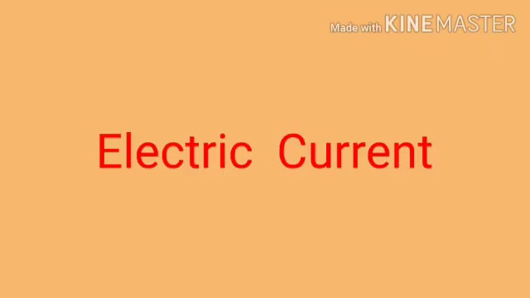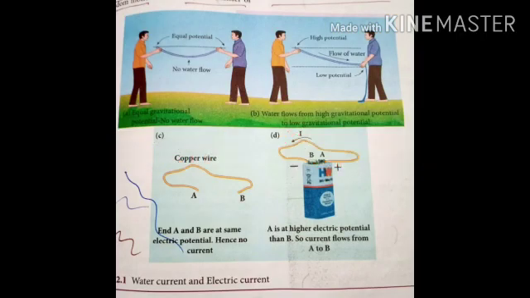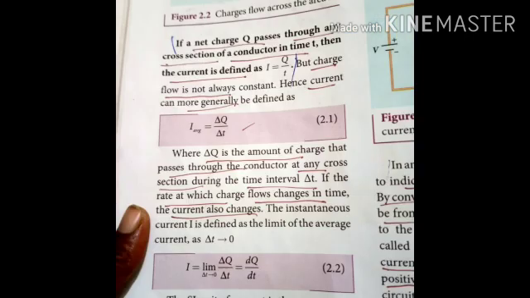Now see the electric current. Due to the random direction in the conductor, there is no net transfer of charge from one end to another end of the conductor. There is no current at all. So positive charges flow from the higher electric potential to the lower electric potential. So it implies that it creates a potential difference across the conductor. So now we can define the electric current.